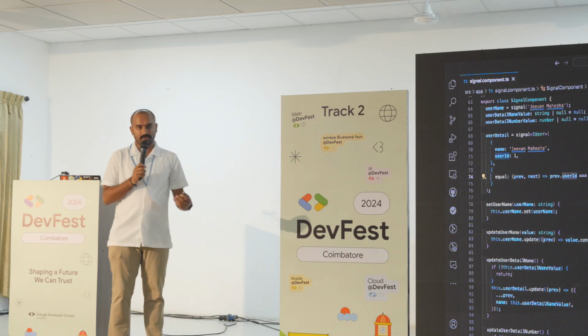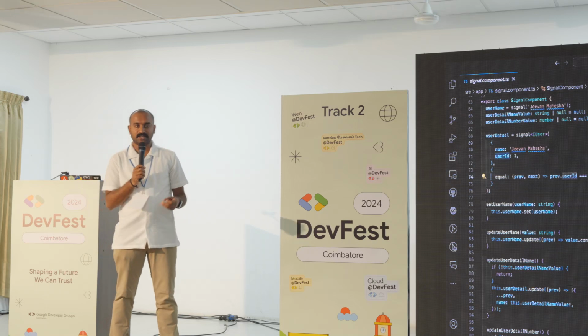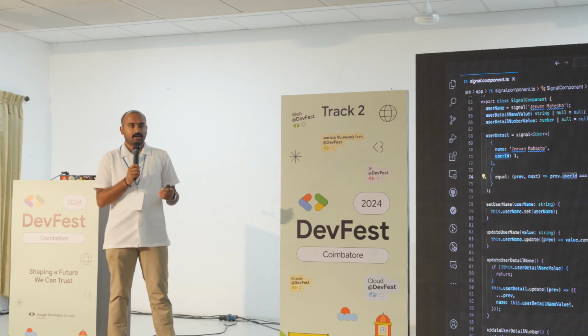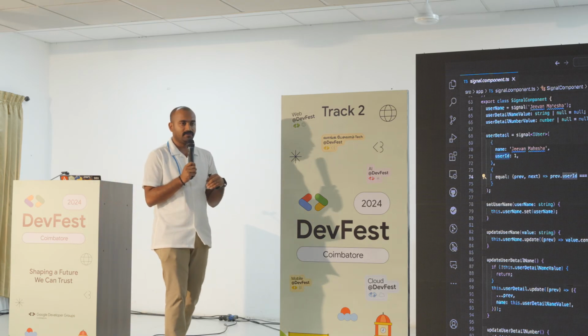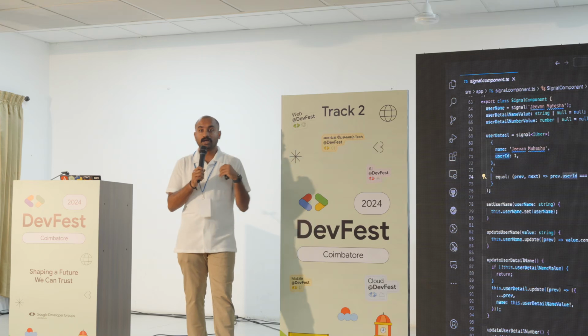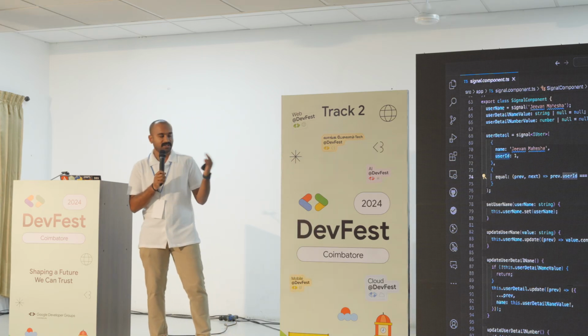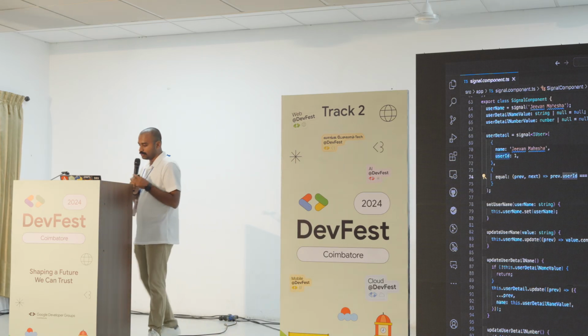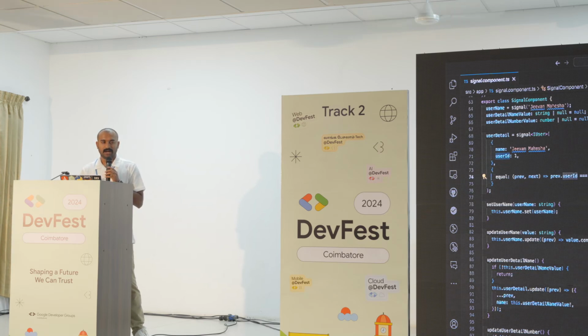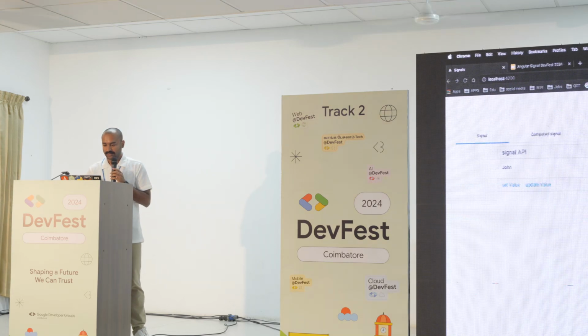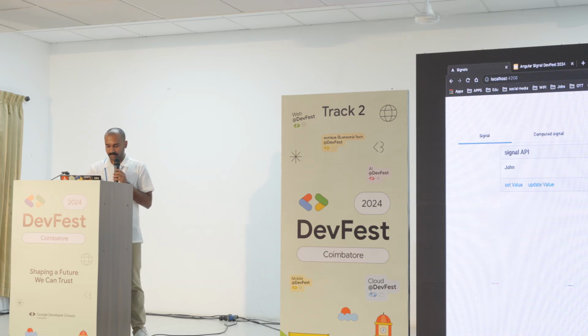But when we go for complex data structures like lists and objects, it will keep on updating whenever we put one value in or out. So we want to control that change direction by using this equal operator. What does this do? It simply takes an arrow function where you need to write a condition. So for our case, whenever the userId updates, then only it will update that signal. Until and unless, it won't update that signal. So let's go with